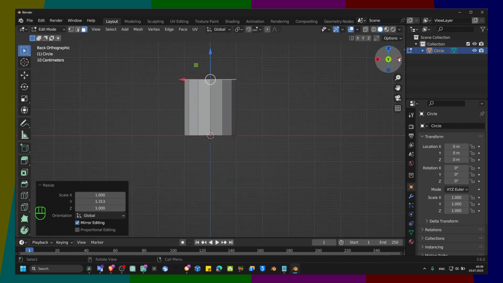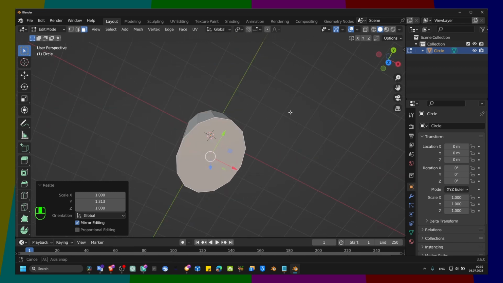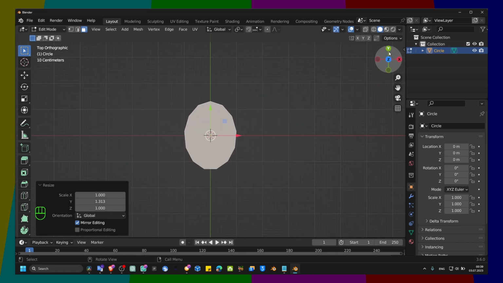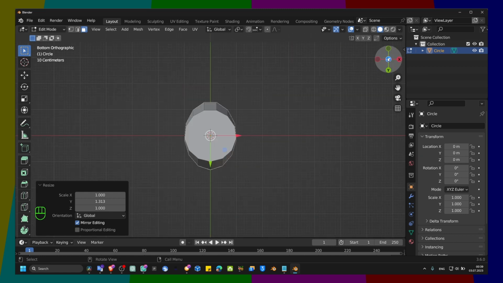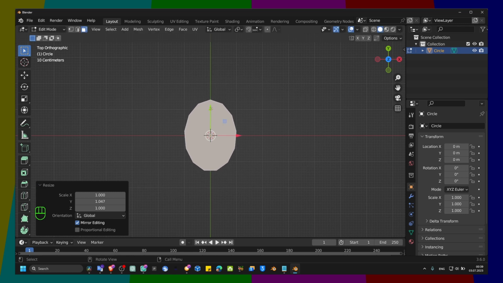You can press here on y, sorry, not here but here. Now you select X and Y like this,